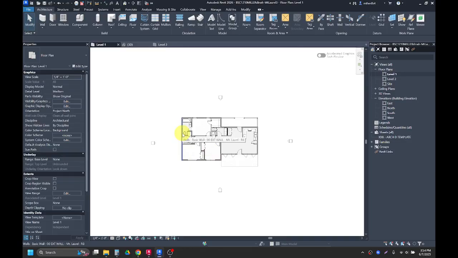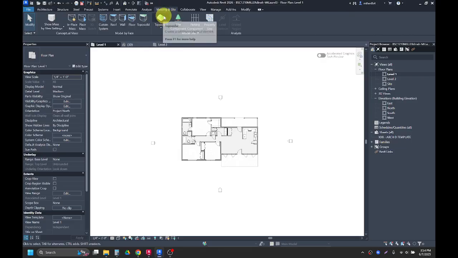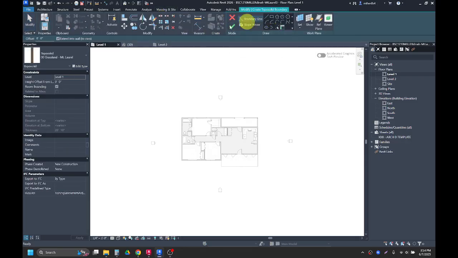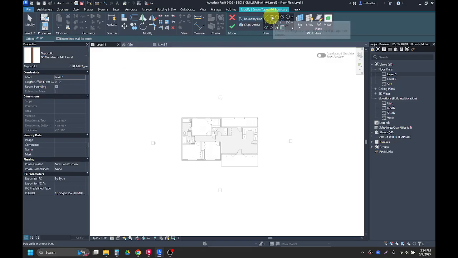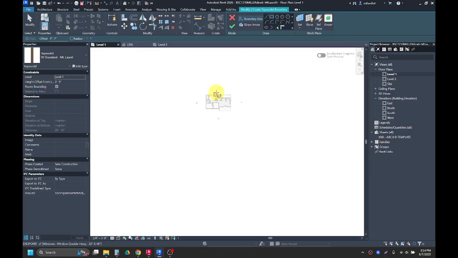And to put a site in our building or on our piece of property, we're going to go into the massing and site tab, and we're going to add in a topo solid. You can think of topo solids essentially as really big giant floors that are the ground. So Revit now considers topography to model and work a lot like the floor tools will work. So we're going to create a topo solid. I'll use this one here, this 00 grassland one. And I'm going to click on my rectangle tool. I'm going to make a really big rectangle. It doesn't really matter too much about the size, but I'm going to give it a height offset of, let's say,